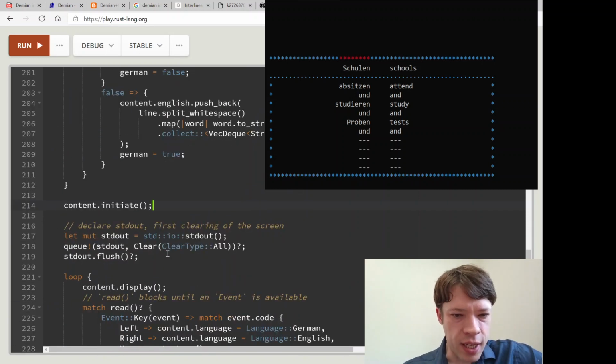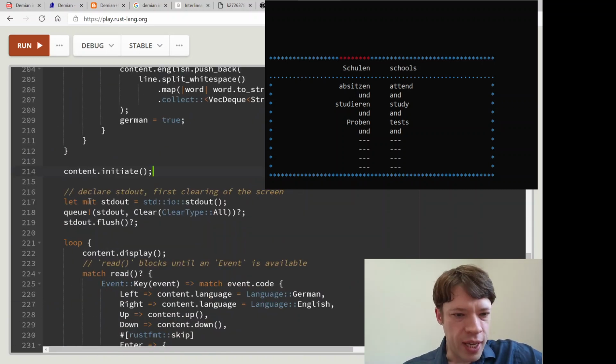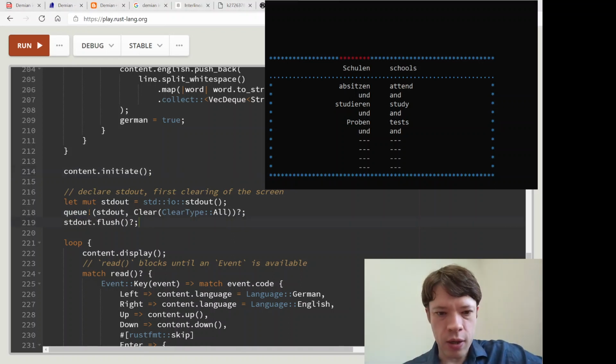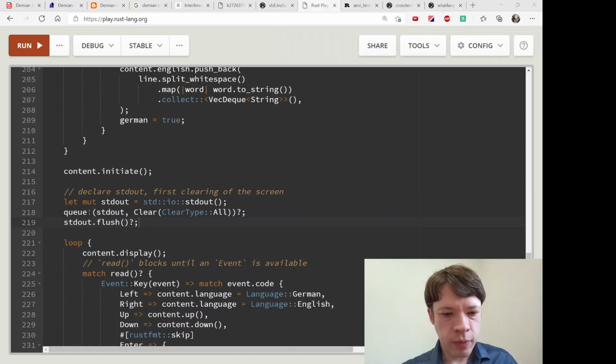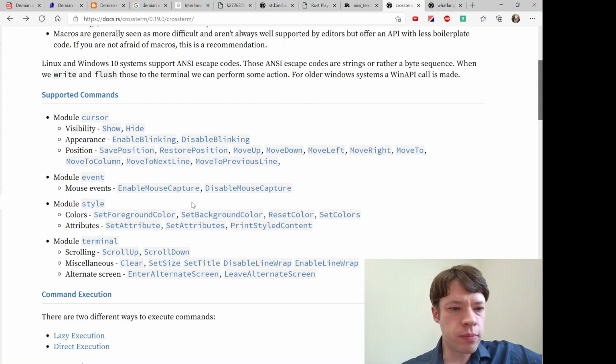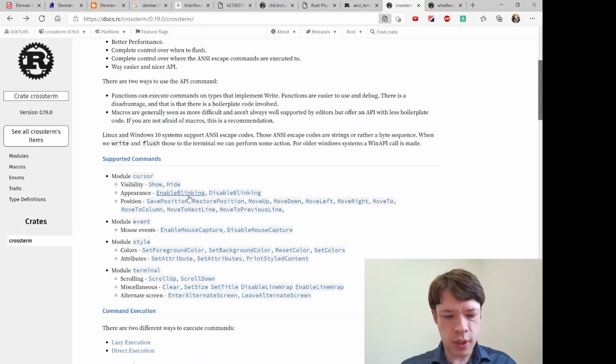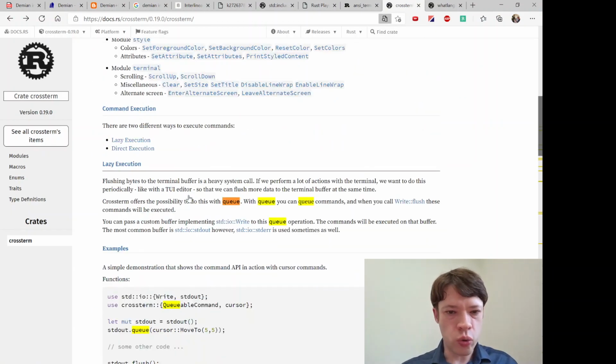After that, this is where the crossterm part comes in. So in crossterm, there's this queue macro, and I'll show you what that looks like. Let's move that out of the way again. Crossterm, queue.